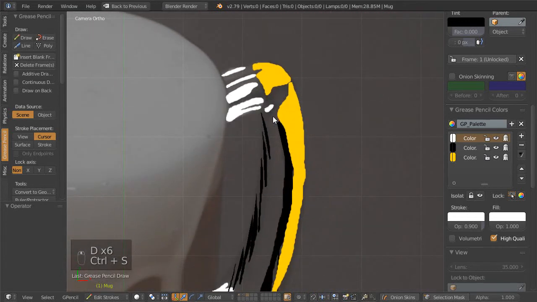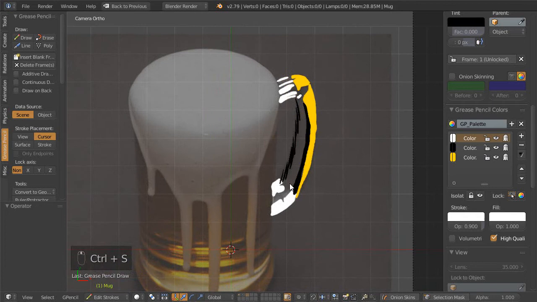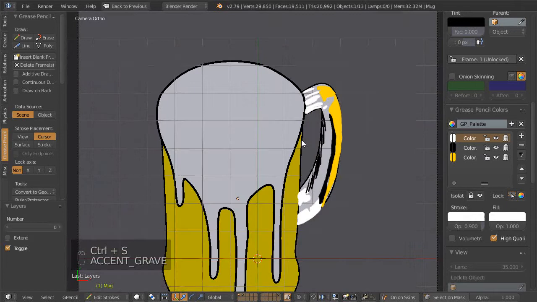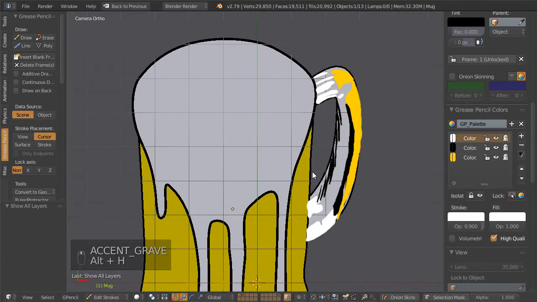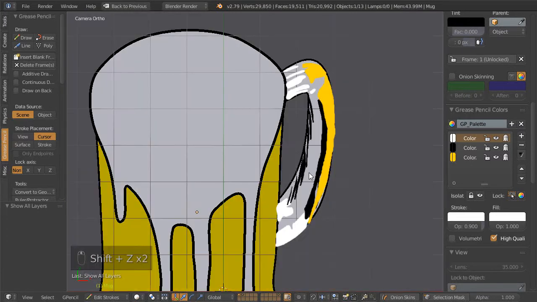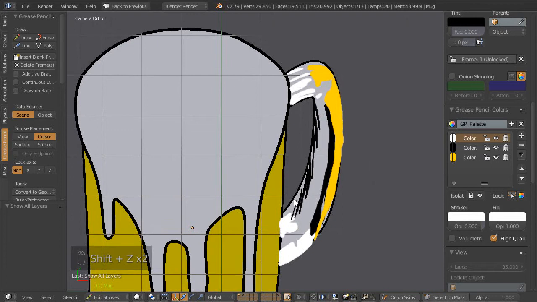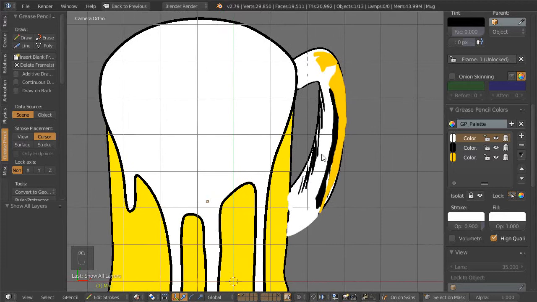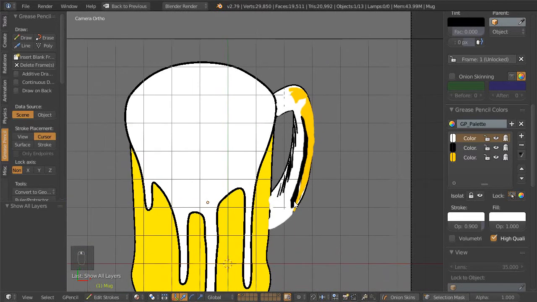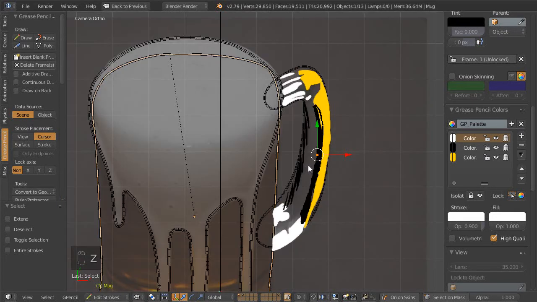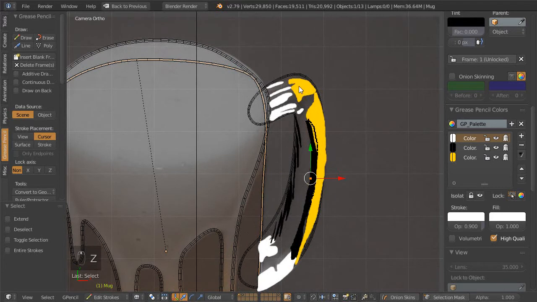A lot of this is going to be traced when I do the other one. So Control save, Alt H, Shift Z. No, oh, forgotten the Z. You don't see the grease pencil when you do that, but I can go material, and that's a good one too. So I start seeing some of the stuff that's going to compound, but I forgot I was going to take that one, and I'm going to go into the wireframe mode just so I can make sure that I have that one selected. Oh, I'm still in the edit mode for the,